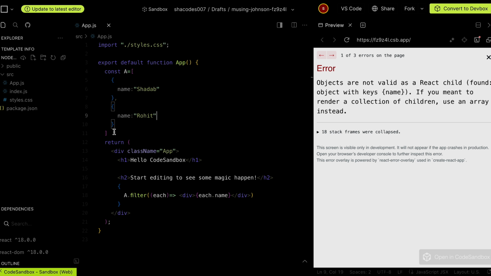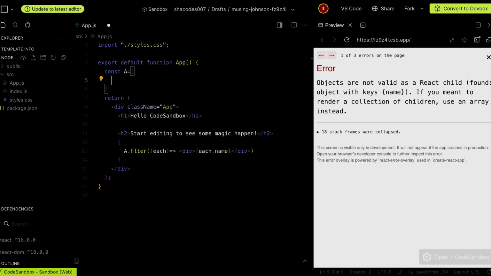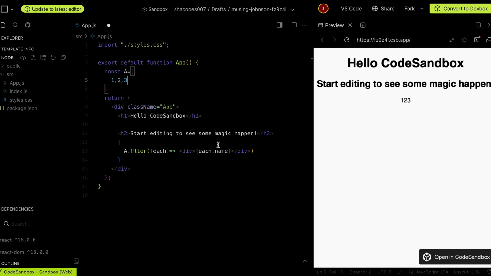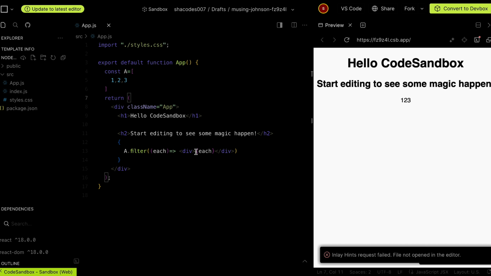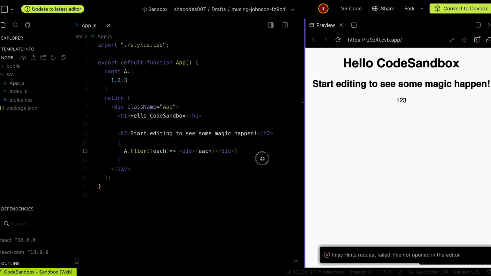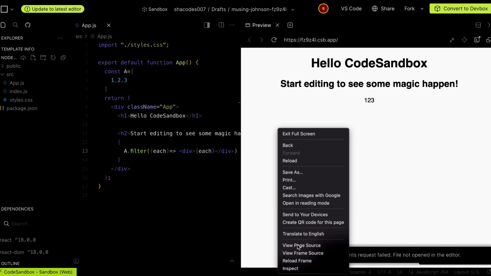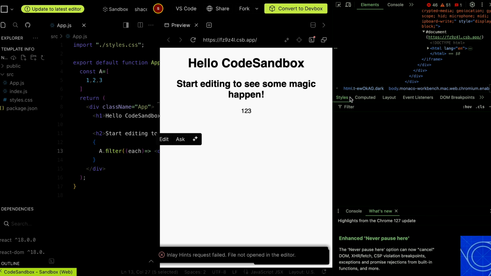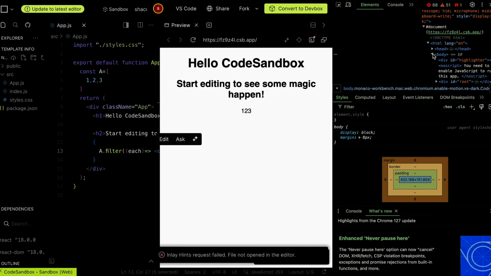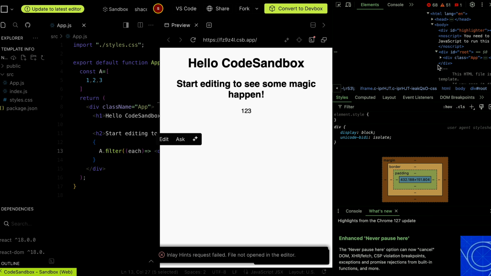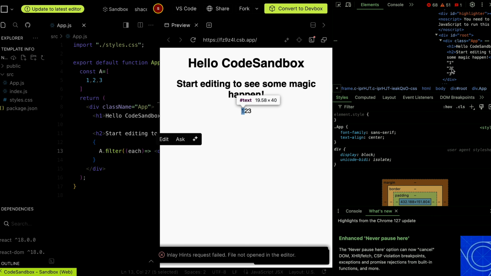But if you have a simple array 1 2 3 and you are using filter, React will have no problem, but it will not render it as JSX. Understand? This div is not rendered here. Even if you inspect the element, you will see the JSX is not rendered. It will only render the simple 1 2 3 as individual values, not the JSX.